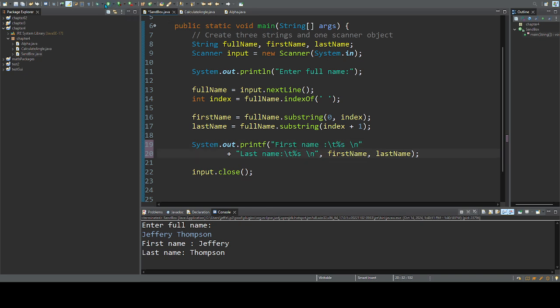Let's see if that cleans up my output a little bit. And noticing the tabbing, those line up neatly for me. I could play with some formatting to line up the first name, last name so that the semicolons came together. But by using a tab stop to move over, I have lined up